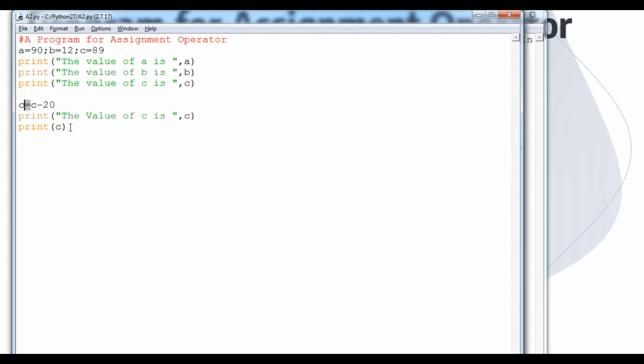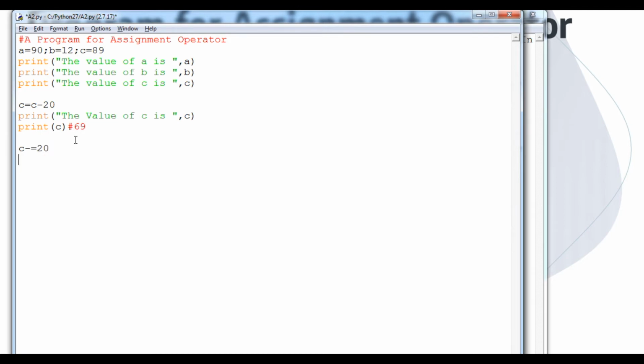Now we have to understand the augmented assignment operator. The augmented assignment operator is actually a short form. What is that? Look here. Suppose here is variable C, I think the value is 69 if I am not wrong. So here I am doing C minus equals 20.